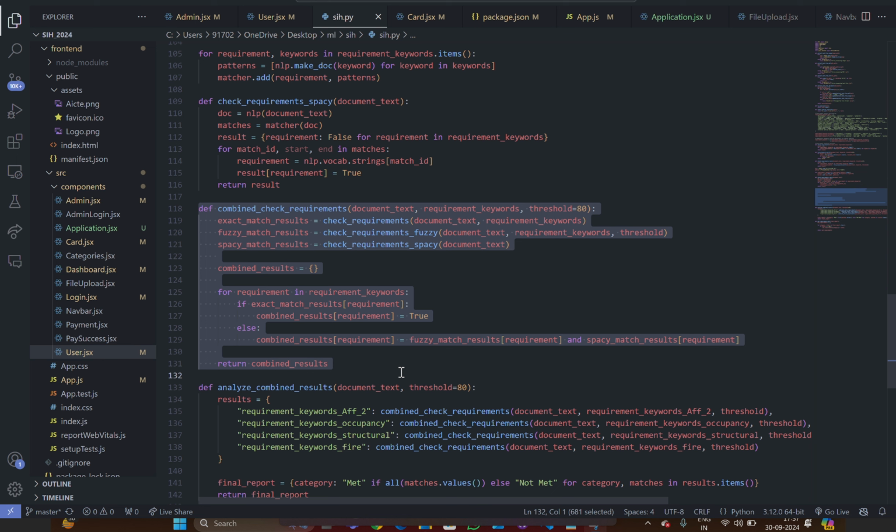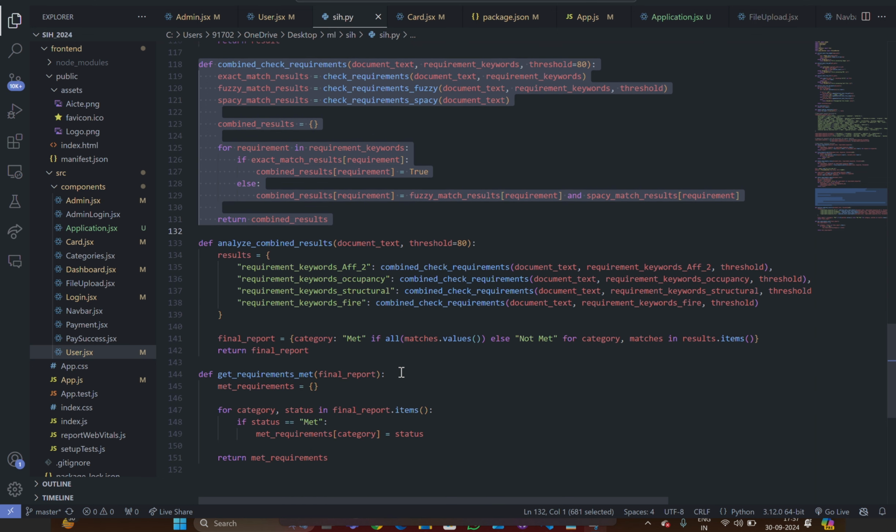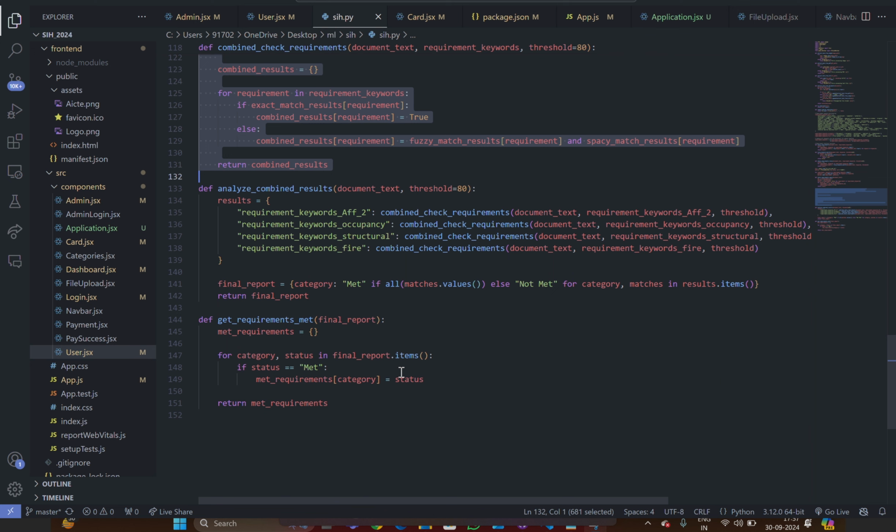Next up, we have an analyze combined results function wherein it gives you which main category the certain keywords fall into. For example, if we have affidavit keywords, they will fall under the affidavit category in the output.